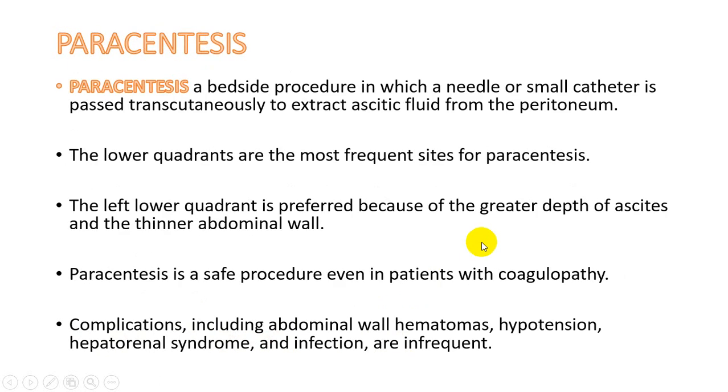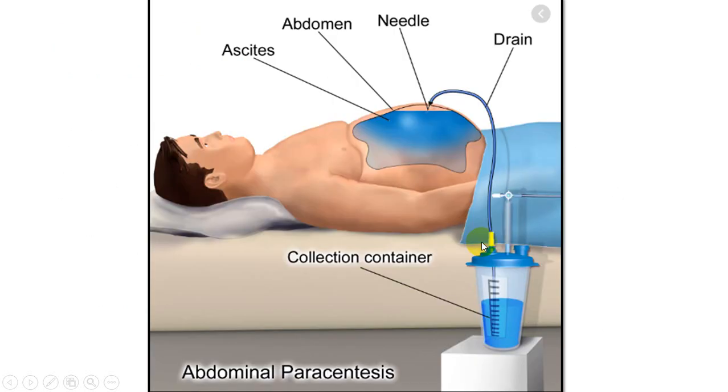Now we reach the next step in the approach, which is diagnosis. In the diagnosis of a patient with ascites, the most important part is aspiration of fluid and analysis of that fluid. The process of aspiration of fluid is called paracentesis. So paracentesis is a simple bedside procedure in which a needle or small cannula passes transcutaneously to extract ascitic fluid